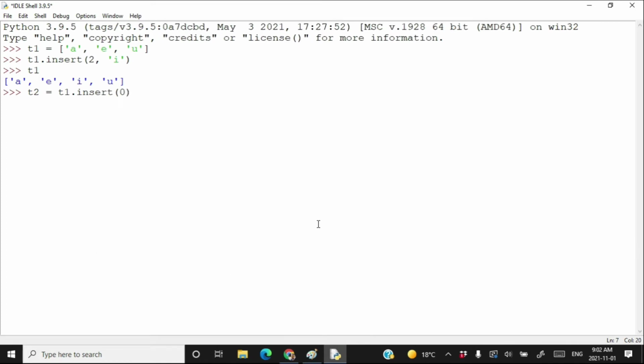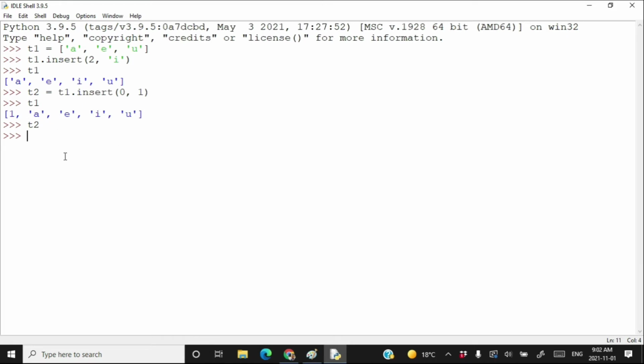So insert at the index number 0, what to insert? Say we have to insert the value 1. What is T1 now? As you can see, the value 1 has been inserted to the index number 0. What is T2? T2 is nothing. Because similar to append and extend methods, the insert method also returns nothing.